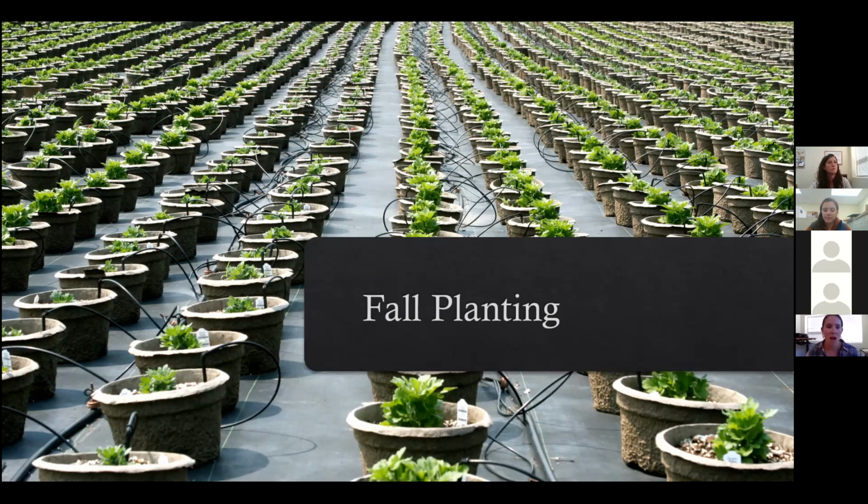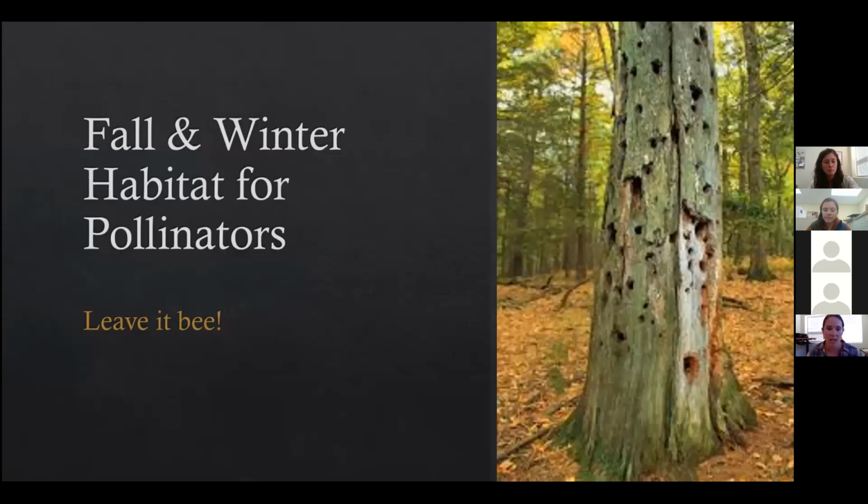So when we talk about providing habitat for our pollinators, we need to talk about more than just flowers. We need to talk about the other characteristics and the other items that they need. The flowers provide forage for our pollinators in the form of pollen, and they need that. A lot of our pollinators need to collect that pollen. The bees need to bring it back to their hives and store it over winter so they make it through